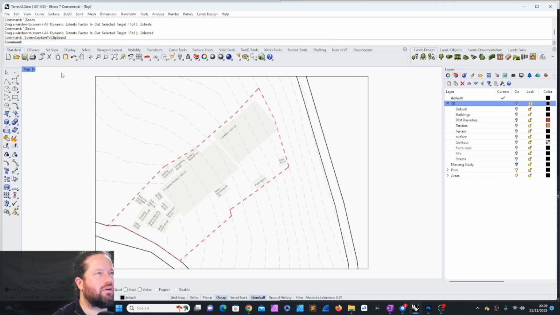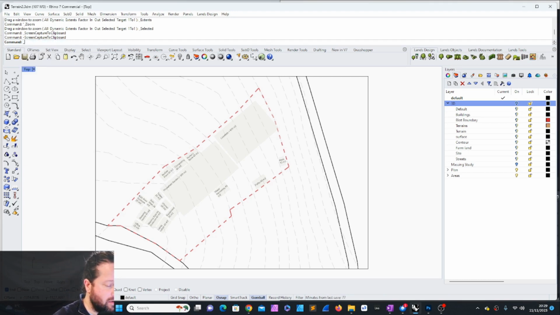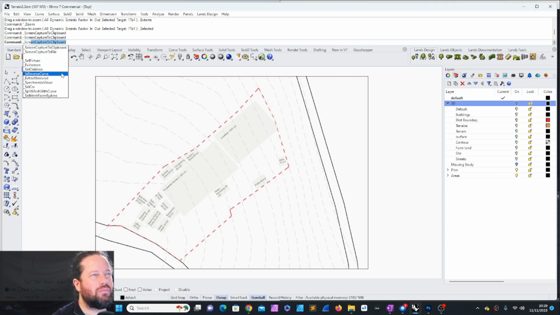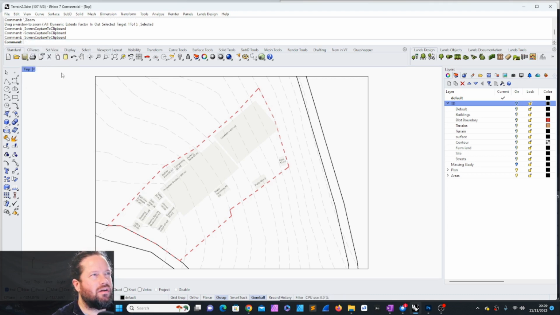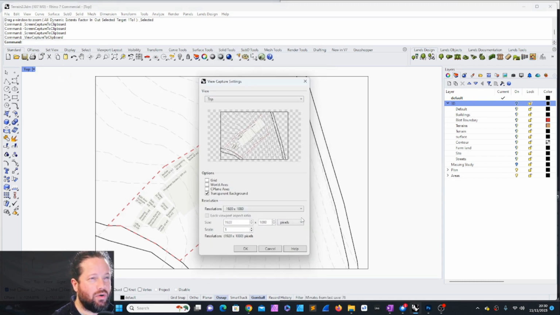I use clipboard a lot. Sorry, not screen. There are two ways. One is called screen capture to clipboard, and that actually only takes your screen, and now you can copy it into Photoshop or any other drawing program. The other one is viewport capture to clipboard. And this is better for me because it gives me a dialog where I can dial